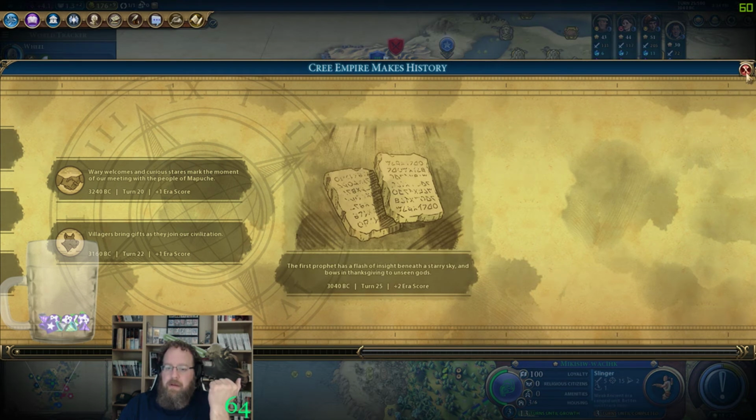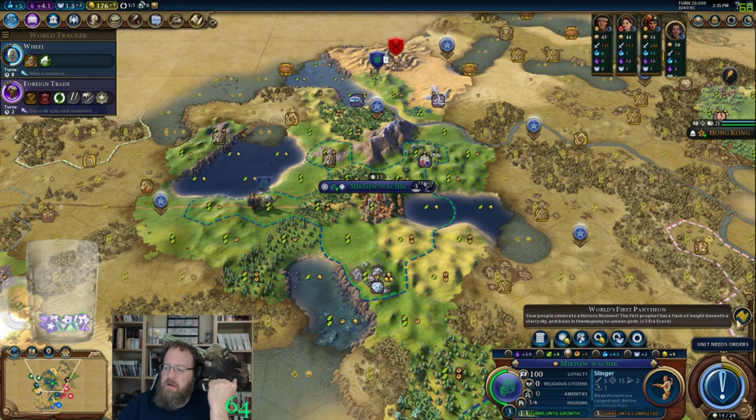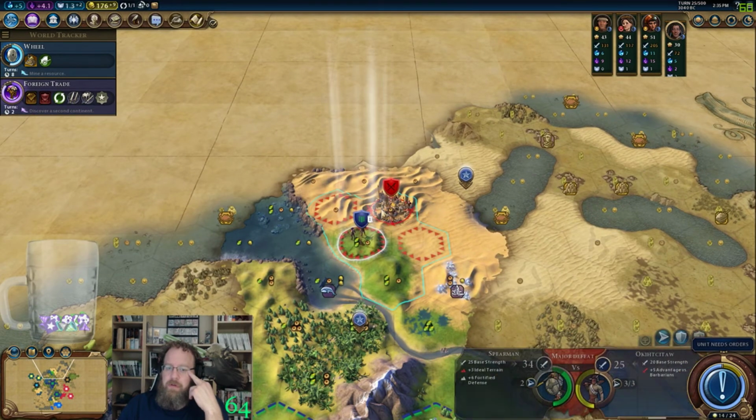The Purse Prophet has a flash of insight beneath starry sky and bows in thanksgiving to unseen gods. Does that mean that we were the first ones to get a Pantheon? It looked like it was, eh? We were the first one to get a Pantheon, which is weird because we only had 2 per turn. Turn 25 isn't that fast. I've gotten them on turn 20 and not even got my first choice, so...